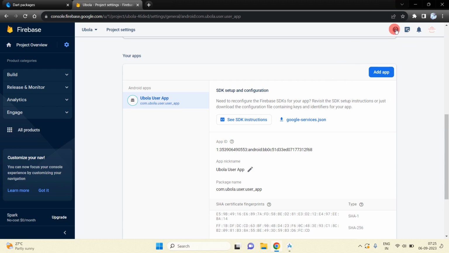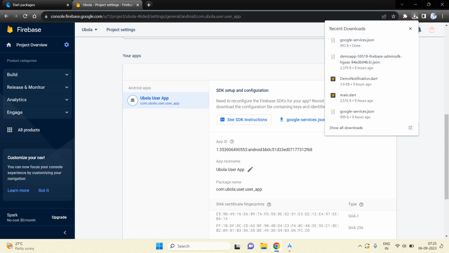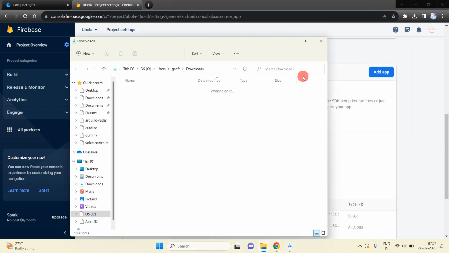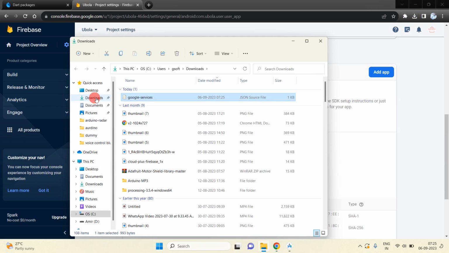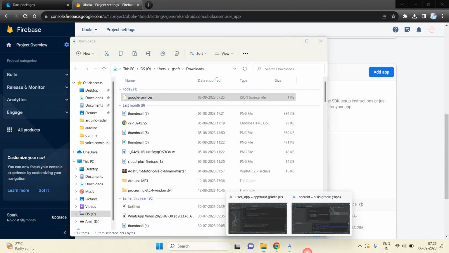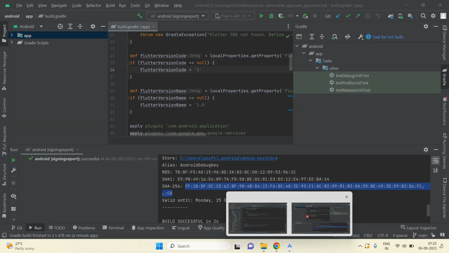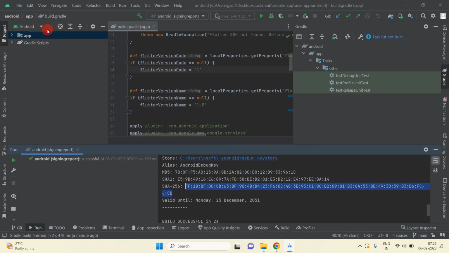So you can see the Google services JSON file is here. Okay, now I'm going to click on this show in folder, so we will be redirected to our download folder. Okay, so just copy this Google services file, and now I'm going to close this Android project,